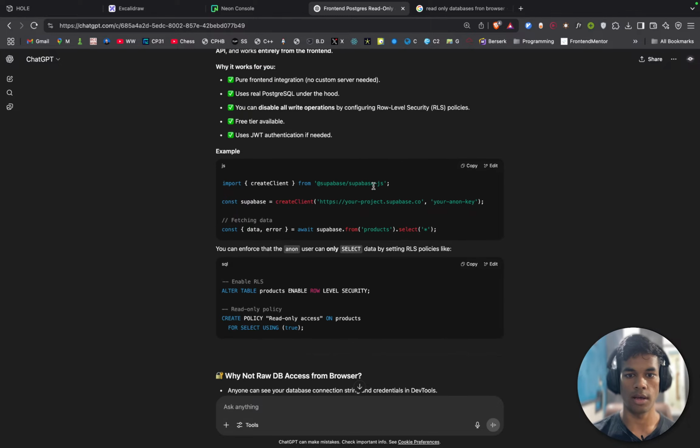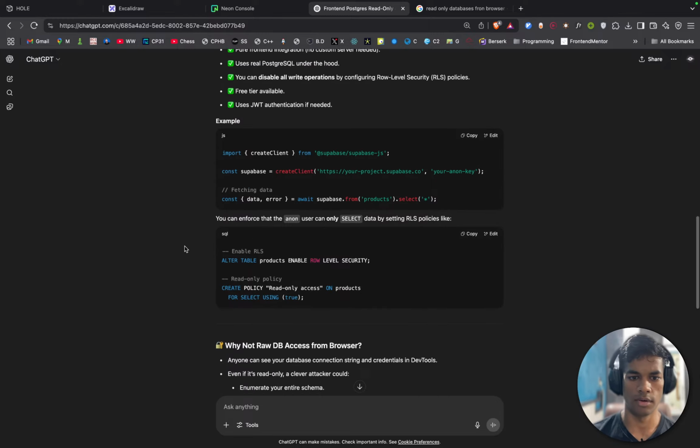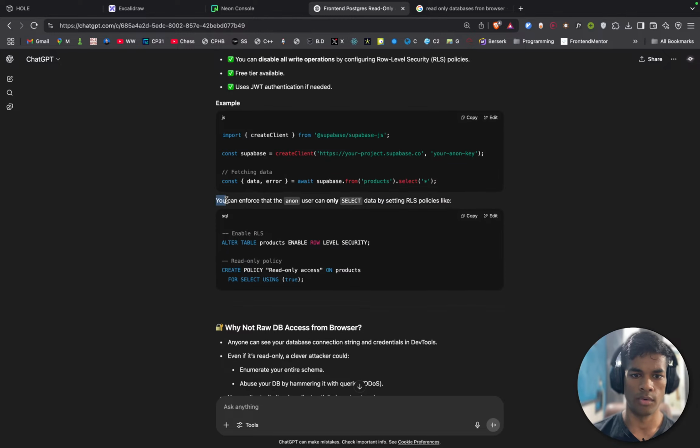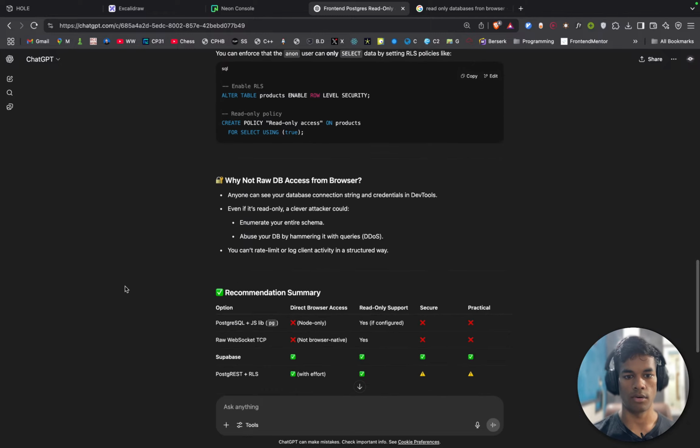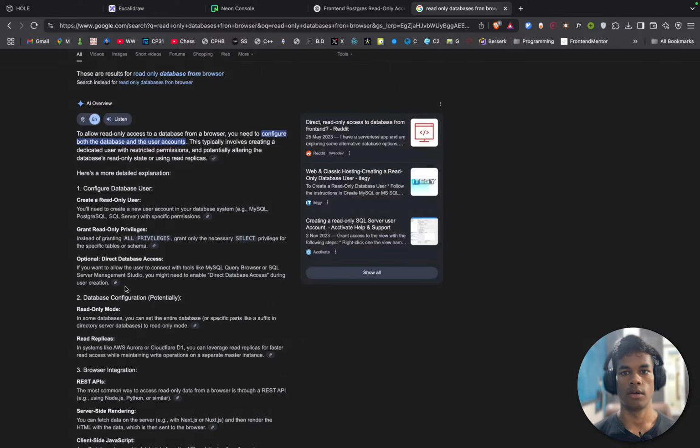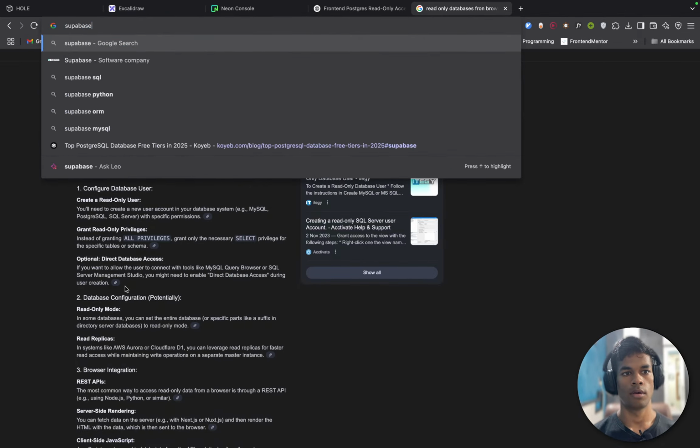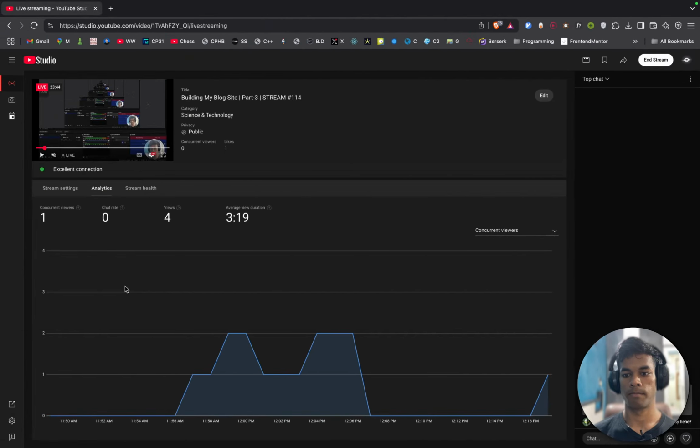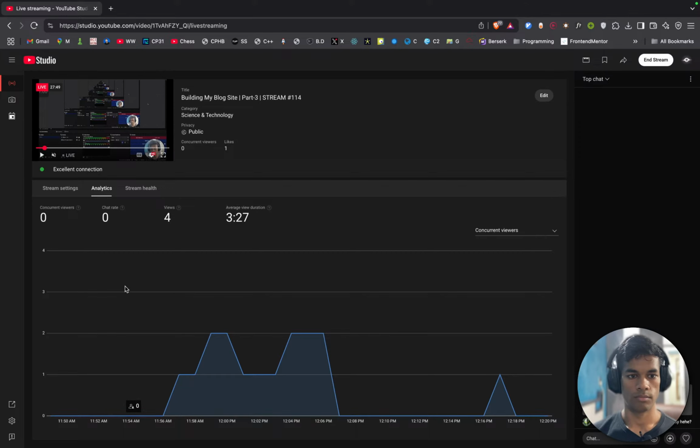Import client from Supabase, Supabase client, this, and my anon key, and fetch data. Okay, that is cool. Or you can enforce that the user can only read. Okay, why not raw database accessible? Supabase. Let's go.